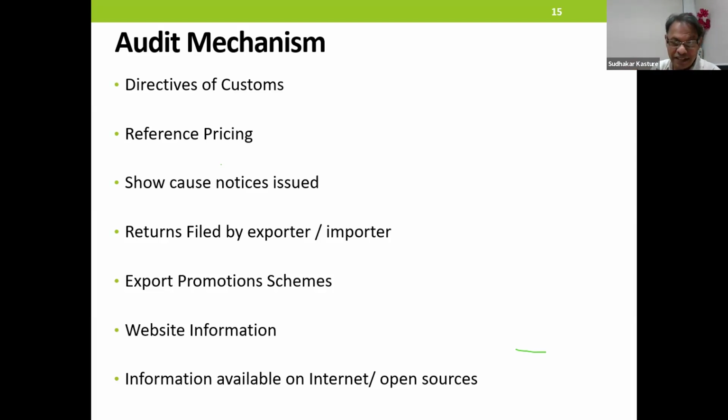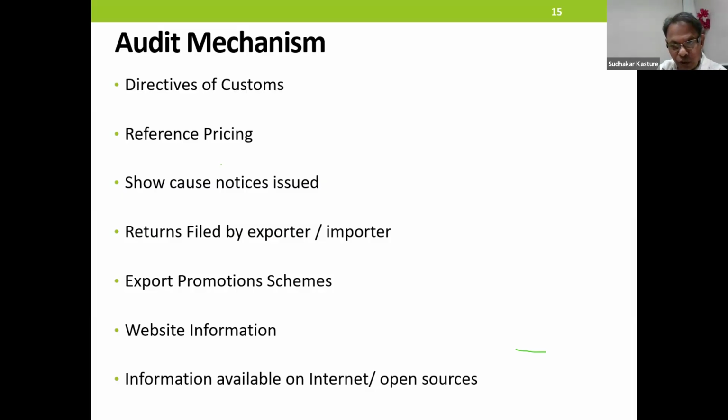This is one serious issue. I have imported 500 metric tons against advance authorization. Suddenly my local sales increase and my exports are not getting affected. Government will say you must be utilizing the duty-free material for domestic consumption.